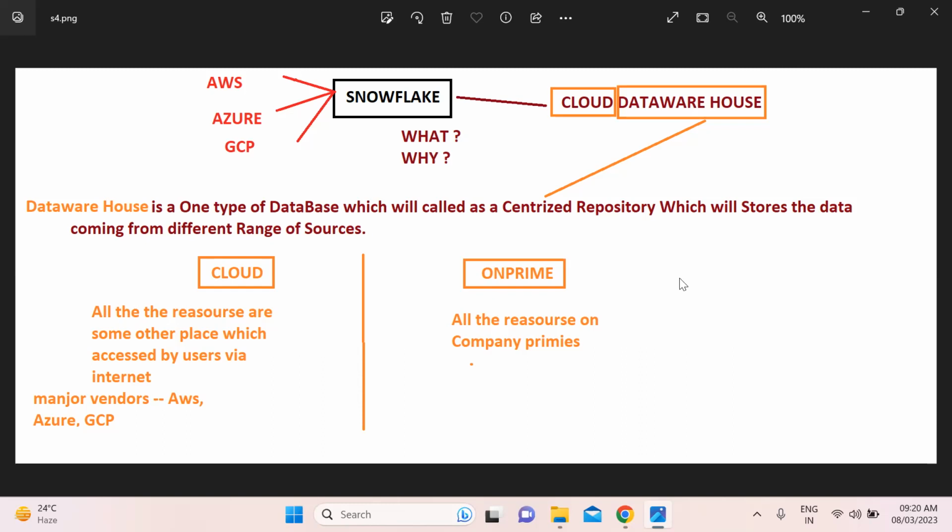Why? Because there are a lot of drawbacks in on-premises. First, let's say for example you purchase 100 physical servers. You invest a lot of money to purchase them, and they take more time to install operating systems, drivers and applications. First point is time taken. The second point is you need to invest more money to purchase 100 servers first of all.